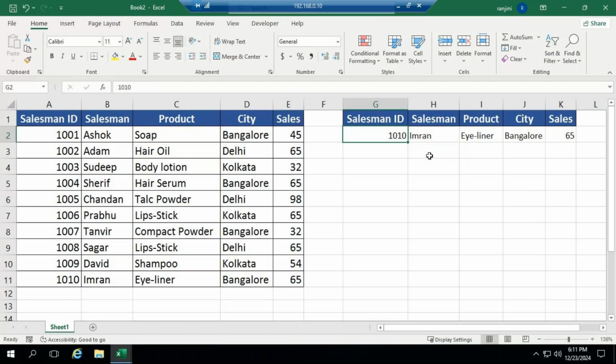Validation already I've told you. So instead of you typing the value each and every time, I can give validation for the salesman ID by selecting this column. That is the value which is present in A column second row to A column 11th row. So how to give validation for this cell is, be in the cell where you have the salesman value,